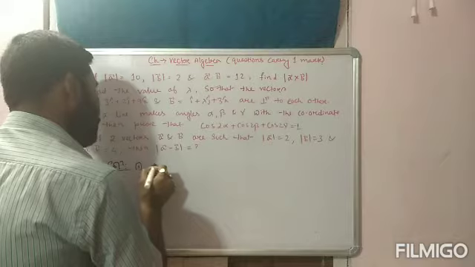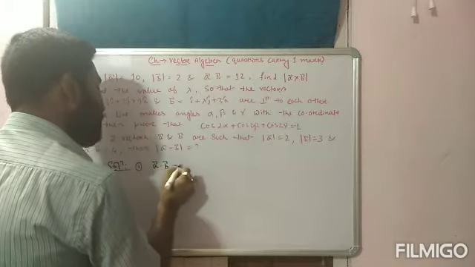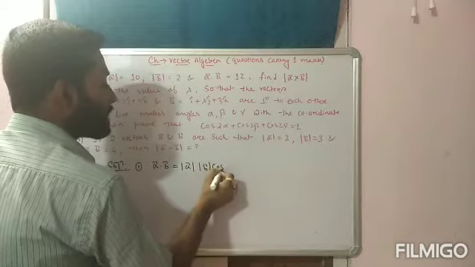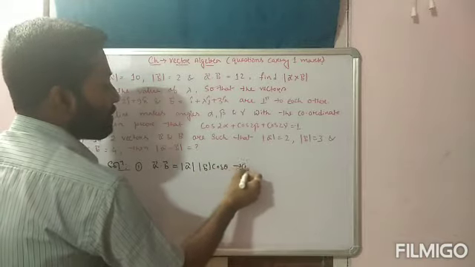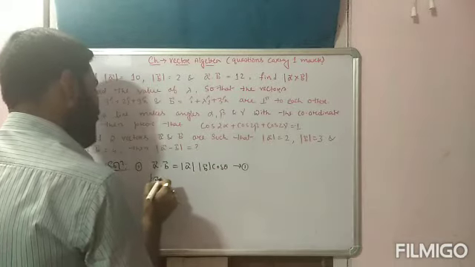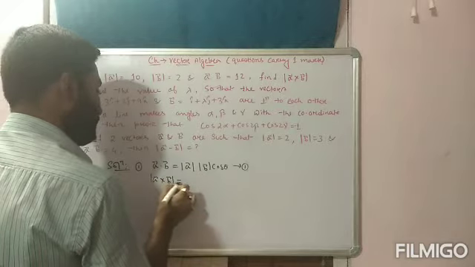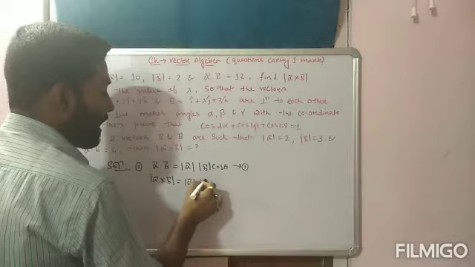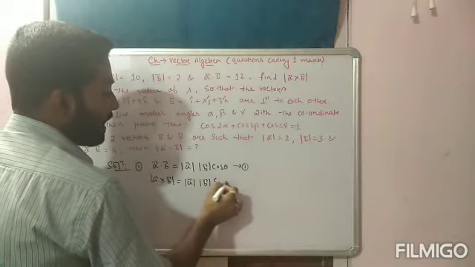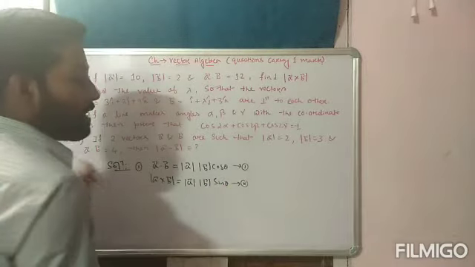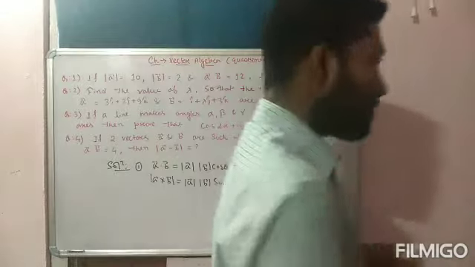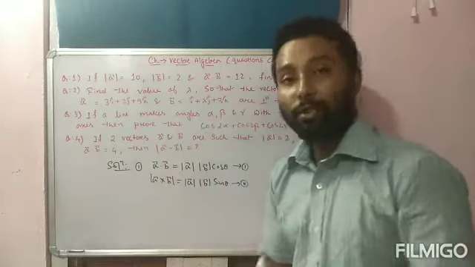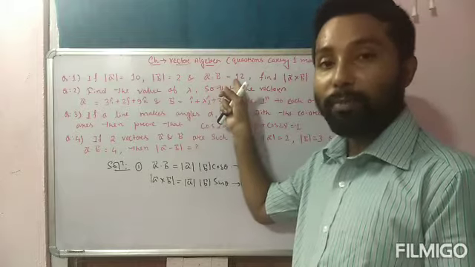We all know A bar dot B bar is equal to mod A mod B cos theta. Yes or not? Say this is equation number 1. A bar cross B bar, mod of A bar cross B bar is equal to, we all know, mod A mod B sin theta. This is say equation number 2. Now the question is, why I am using these two formulas? Because here A dot B is given, right?